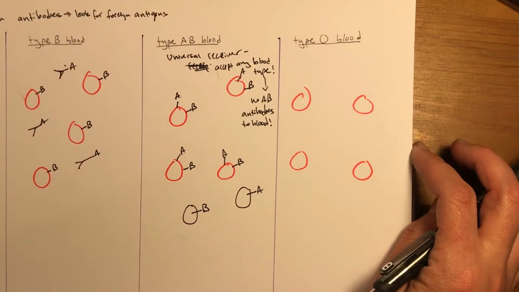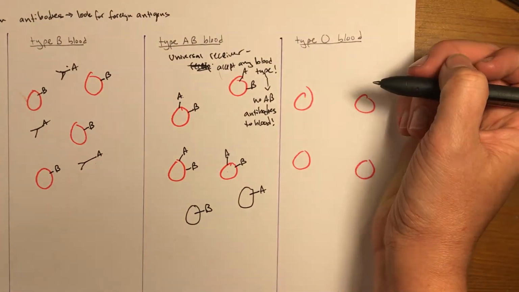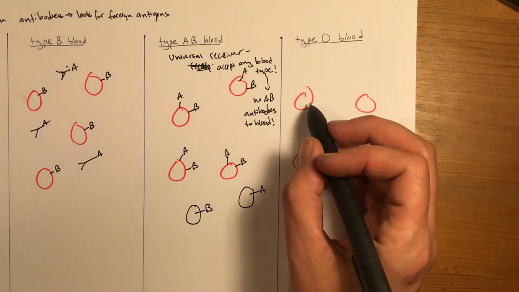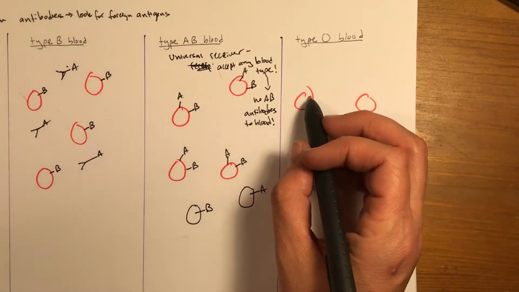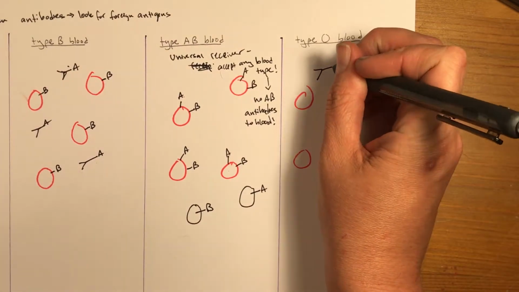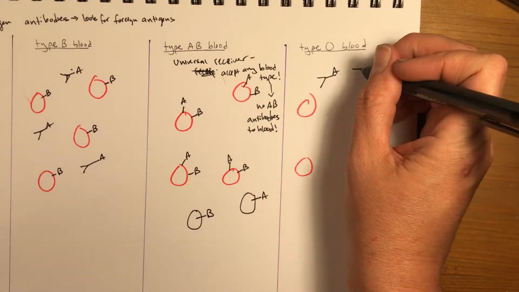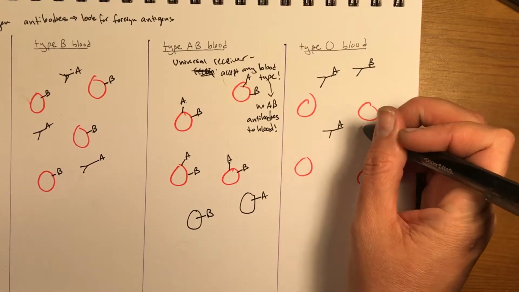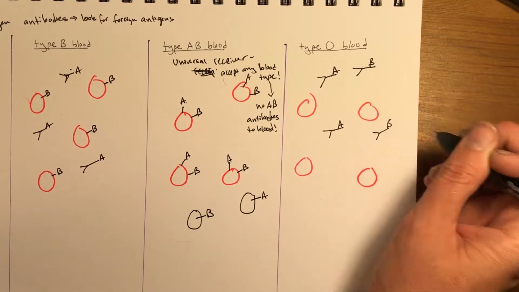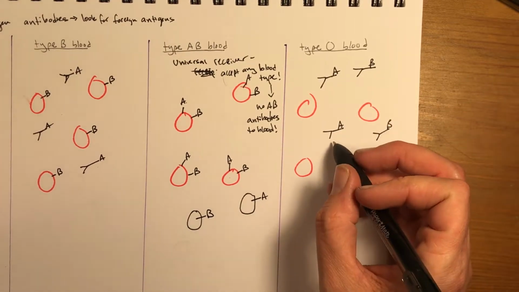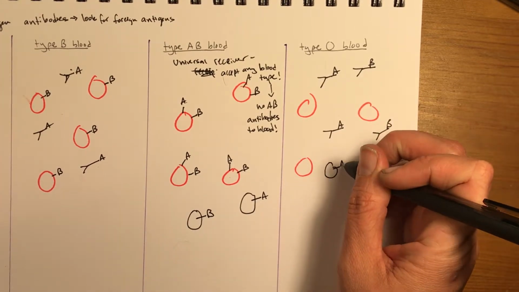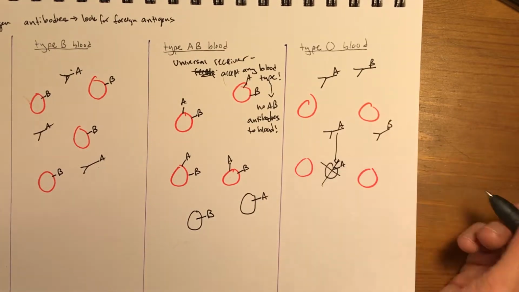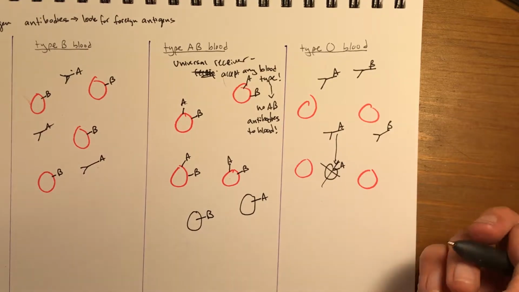So type O blood, what this originally meant, that O actually meant 0. And what it meant was there are no antigens. Okay, so these cells are unmarked completely. And so if they're unmarked completely, that means you have antibodies in the blood on the lookout all the time for A antibodies and B antibodies. So these are always, ever vigilant, making sure if a single blood cell comes in here that is marked with A, then this guy's going to come and it's going to alert those white blood cells to come and kill that cell. And you get agglutination and, again, organ failure.